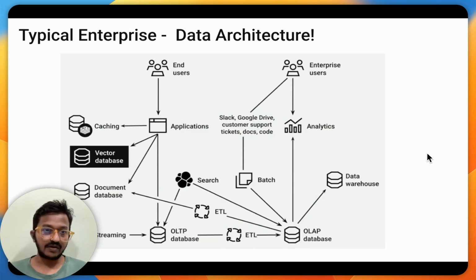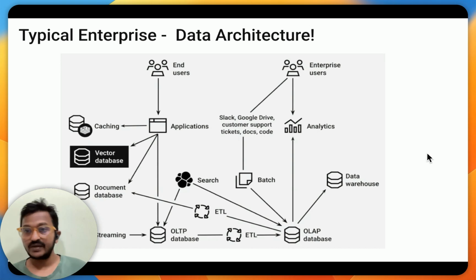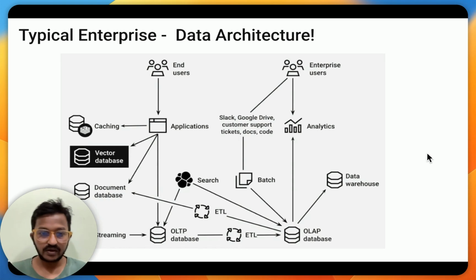And let's talk about typical enterprise data architecture, as you can see here. At a certain point in your company, you feel like having an OLAP database because most of your customers are running analytical workloads. And then at a certain point, most of your customers will ask for a feature to support their transactional workloads, and then you feel like having a transactional OLTP database. And now the hype is all about Gen AI applications, and you feel like having a vector database.